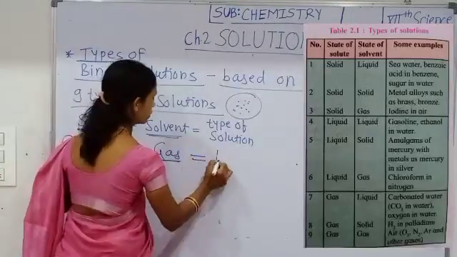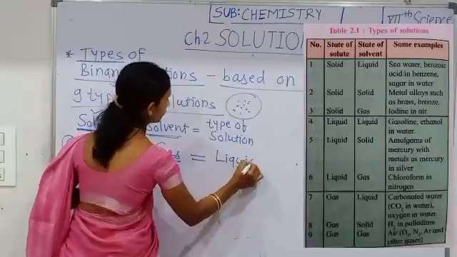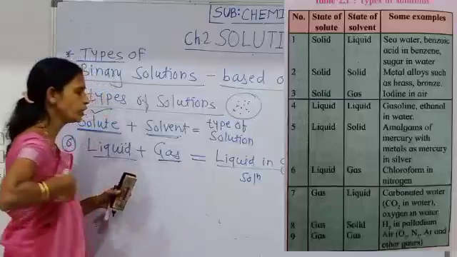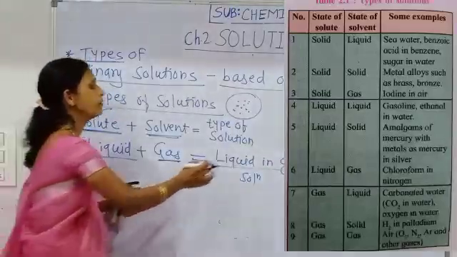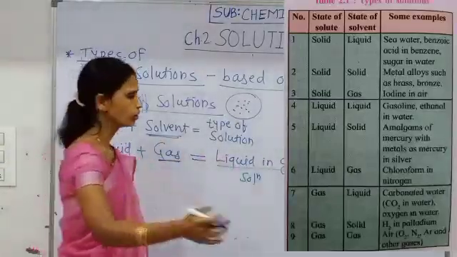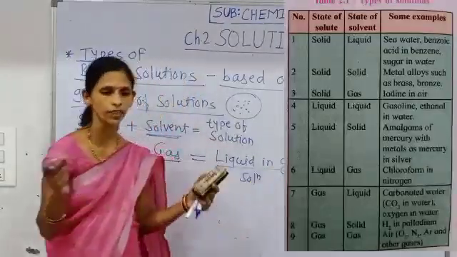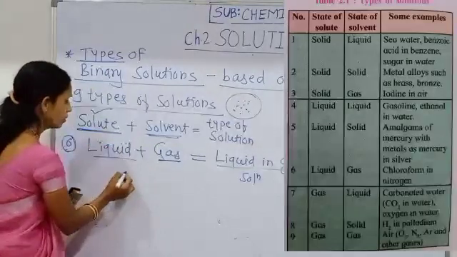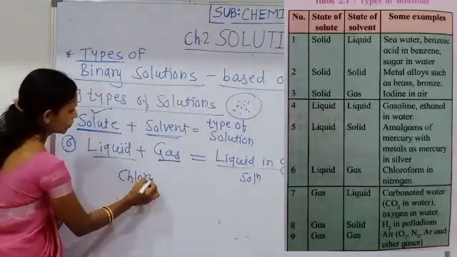Therefore here we get liquid in gas type of solution, in which, see here, liquid is in very less amount, whereas gas is present in larger amount. Then here chloroform